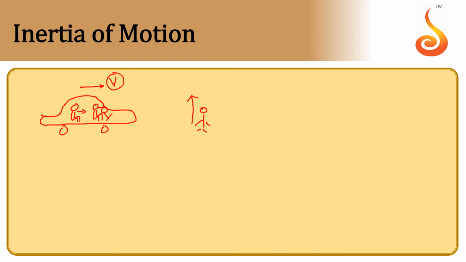Because since our bodies were in motion along with the car, when the brakes were applied suddenly, the car comes into rest. But what about our bodies? Our bodies have not come into rest. Therefore, since they were in motion and they always wanted to be in motion, they don't want to come to rest in a small instant of time. So they feel that resistance to be in the same state of motion. So that is the reason why we experience a forward jerk. So this is a better example to understand inertia of motion.